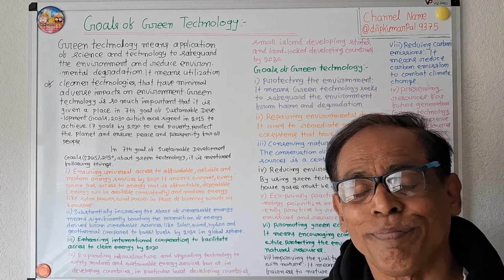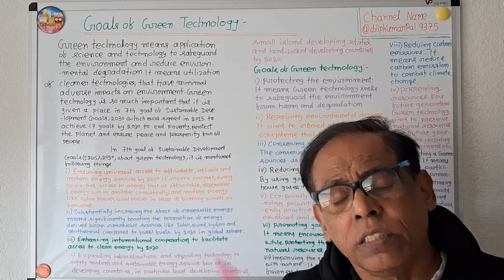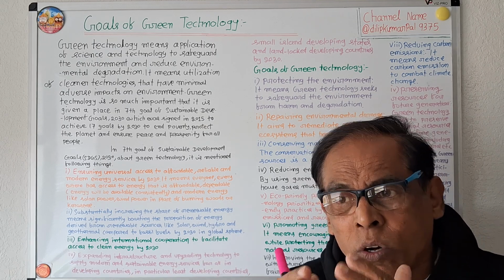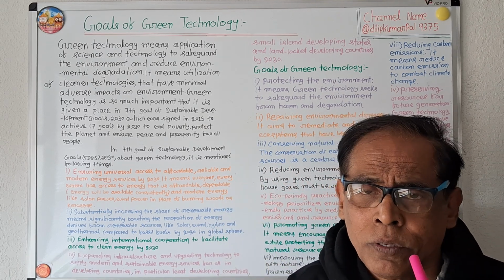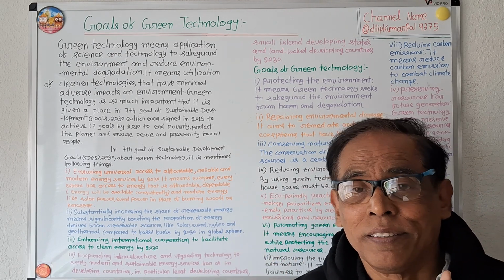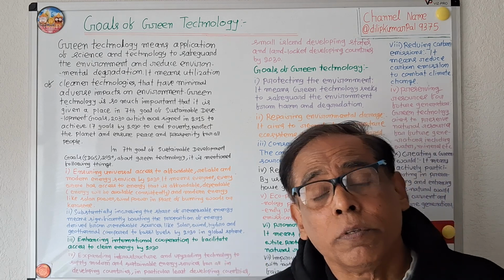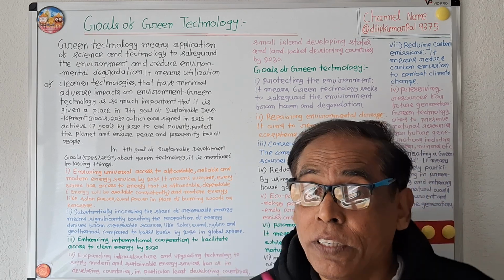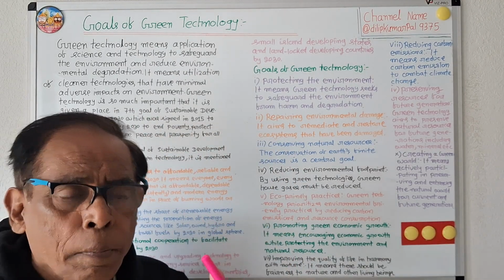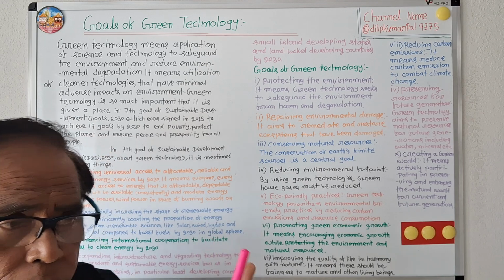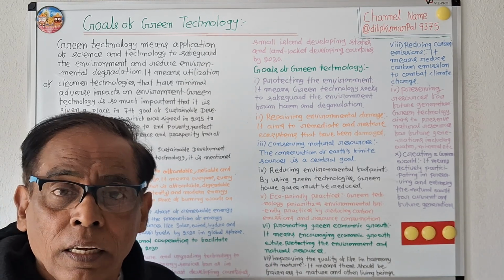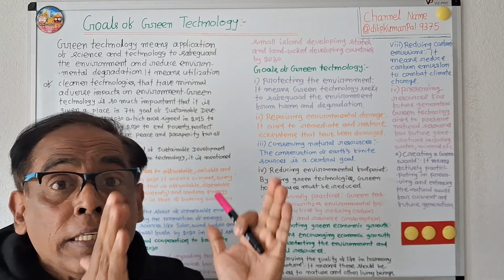Effort must be made to develop the infrastructure and to upgrade green technologies so that all nations, developing, least developed, landlocked, underdeveloped islands, will get the benefit of green technologies. Now we are clear about the meaning of green technology and how it is given a place in the Sustainable Development Goals of 2030. Now we'll discuss the goals of green technology.